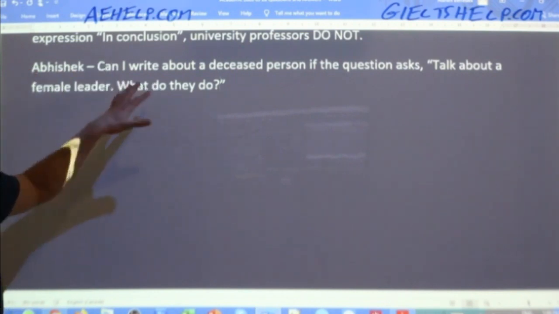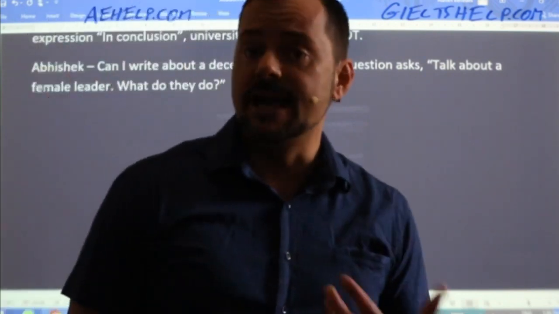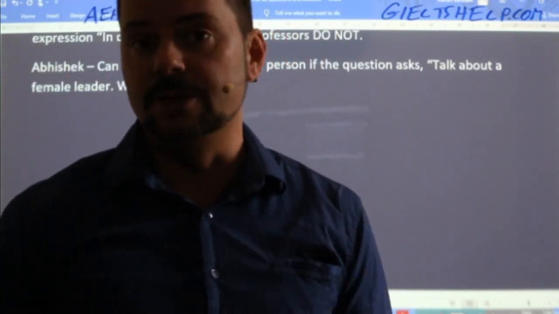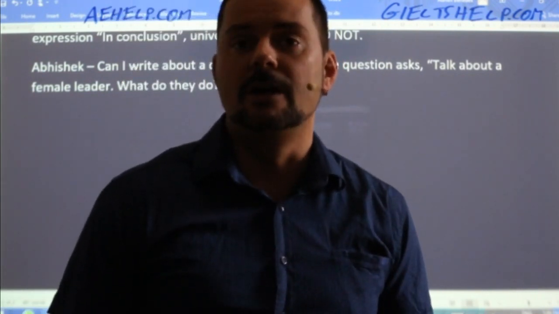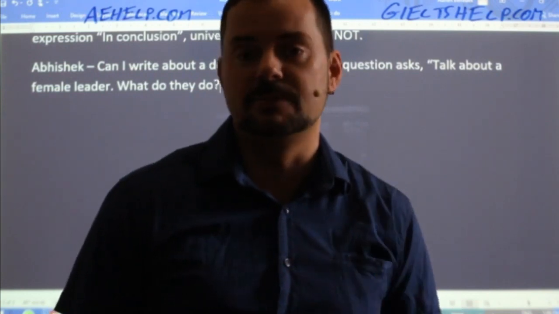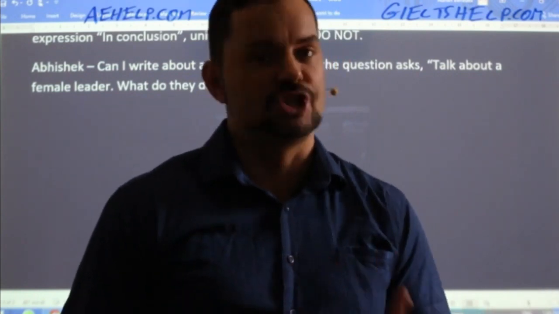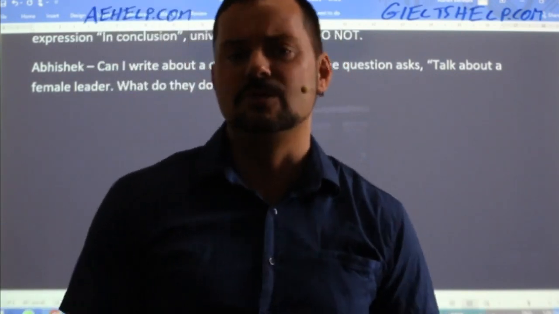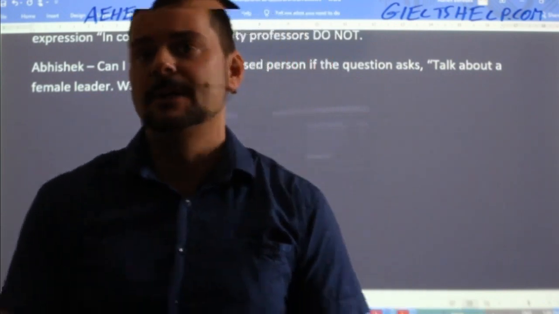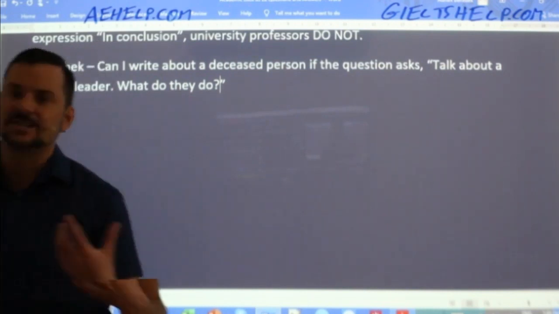Or imagine it, pretend the mayor of your city is a female person. If you can't think of a current living female leader, you don't have to tell the truth, Abhishek. So you can think of a male leader and change their name. So let's say it's Michael Smith, change it to Michelle Smith and pretend that Michael Smith is a woman and talk about Michelle Smith as if they are that way. The examiner is not going to check up and see if that person really is who you say they are. They just want you to speak, okay? So it's okay to be imaginative, okay? But it has to be believable.